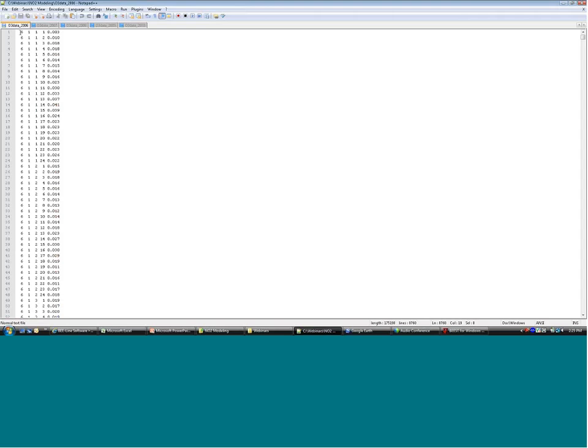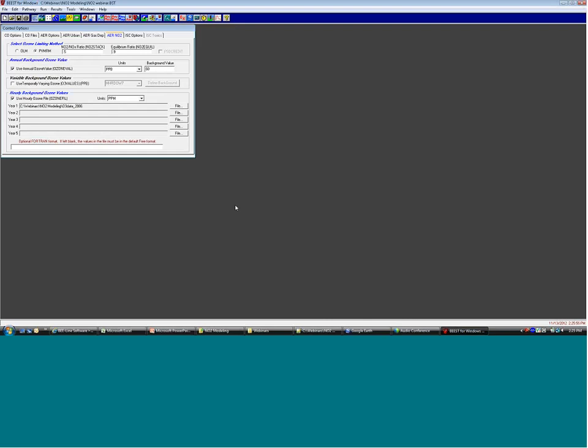So you have the year 6 for 2006, 1 for January, 1 for January 1st, and then hour 1, and then here's the ozone concentration in parts per million out here. One thing that is very crucial to note is that if you are using an hourly background ozone file, the year for that data has to correspond with the year of your meteorology. Otherwise, AERMOD does not like that, and it will abort on you. So if you have an hourly background ozone value file here,